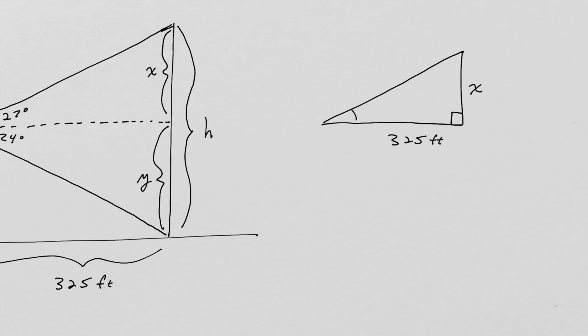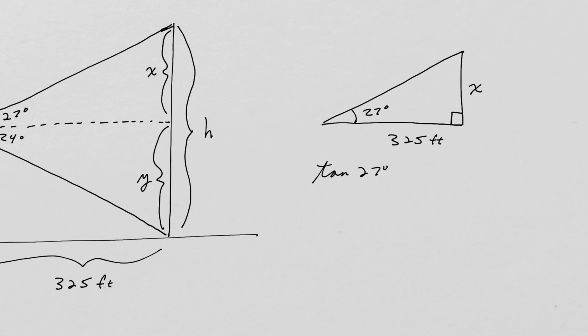So I have, okay, this is my right angle. Remember, this distance is 325 feet. We know this is x, and we also know this angle was 27 degrees. So relative to that angle, x is opposite, and the 325 is adjacent. What trig function relates opposite and adjacent? Well, that's tangent. So I know that tangent